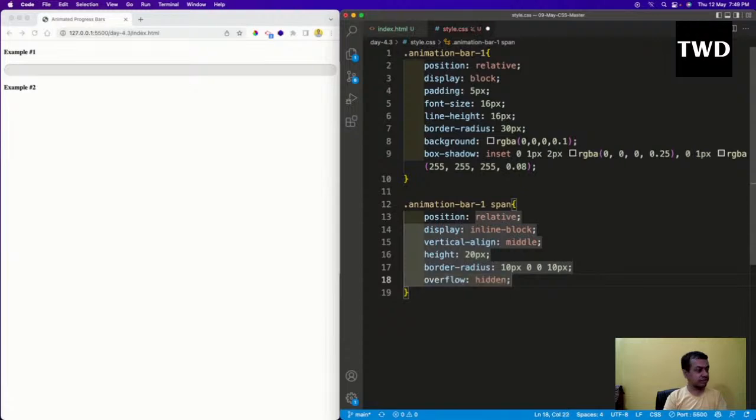Overflow is hidden, and then the background color is hash F56982. Okay, and then the background size is 100%. Then we'll have a background image is like